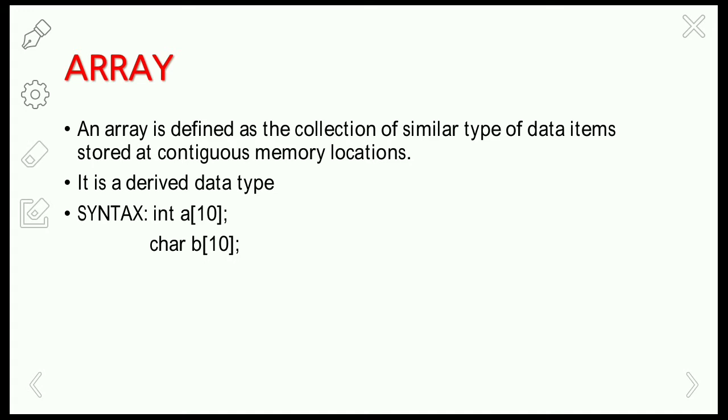So in this case we can use arrays. Array is one of such data types available in the C language to group similar data types into a single item with a single name, and to access them using indexes or subscripts. Okay, so array is defined as a collection of similar type of data items stored at contiguous memory allocations. That means the data items, the values, are stored in memory locations in a sequential fashion.